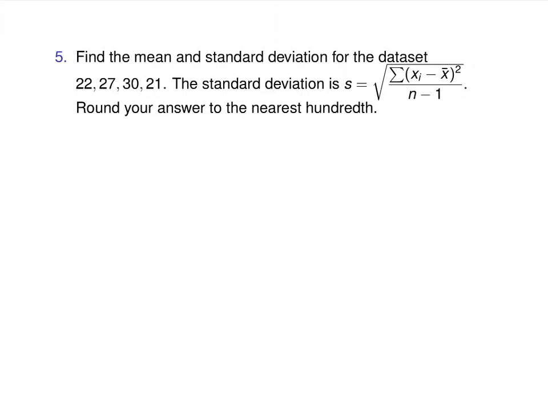Okay. Find the mean and standard deviation for this data set. So when I wrote this quiz last semester, I actually gave them the formula. I'm not going to do that on the test, so just make sure that you have that written down or know how to use this formula. Okay, so first thing, find the mean. So how many things are in my sample? 4, okay. So x bar, which is the mean, is 22 plus 27 plus 30 plus 21, all divided by 4. It should come out to be a whole number.